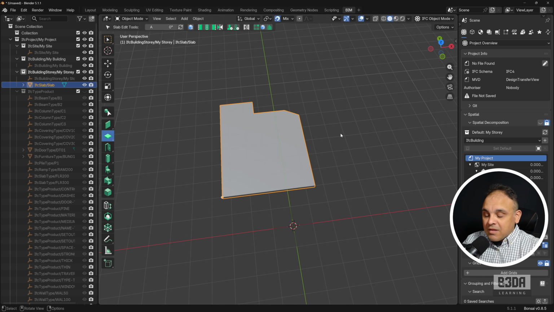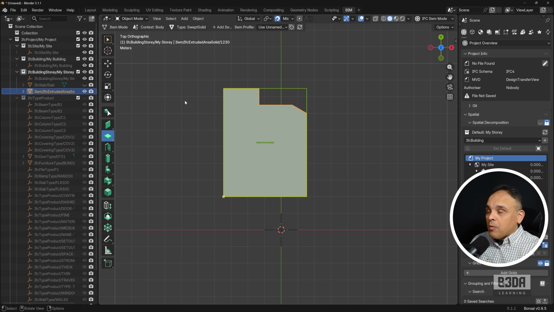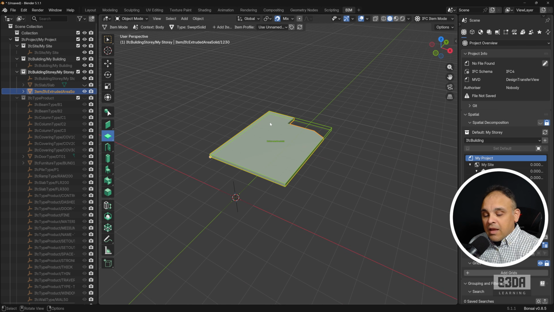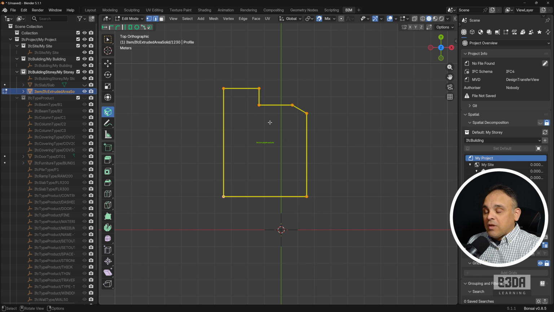Now, how can we edit this slab object? Bonsai will make a lot of changes to the Blender user interface and in a few hotkeys. For instance, if you are used to doing 3D modeling in Blender, you know that selecting an object and pressing the tab key will go to edit mode. But Bonsai will change the behavior of the tab key, because when you select an IFC object and press the tab key, Bonsai will go to the IFC. It will display this IFC container for the object, and you have to press tab again. So press tab twice to go to edit mode, and you will see here that we have our profile,